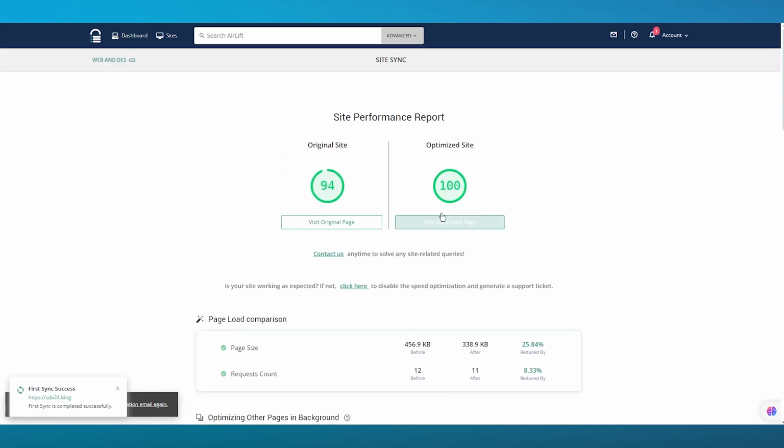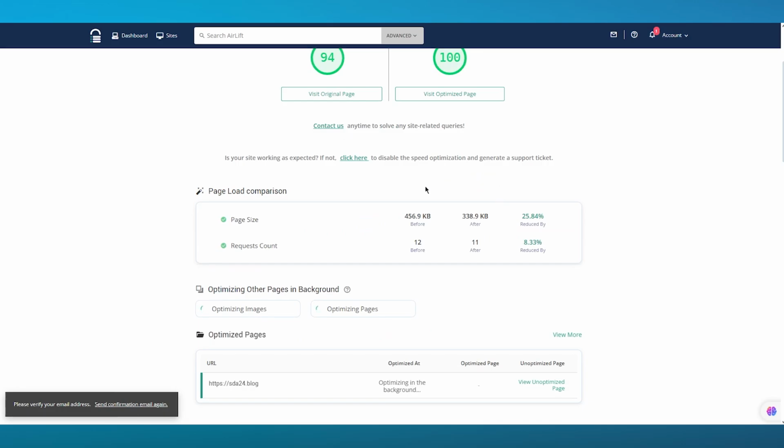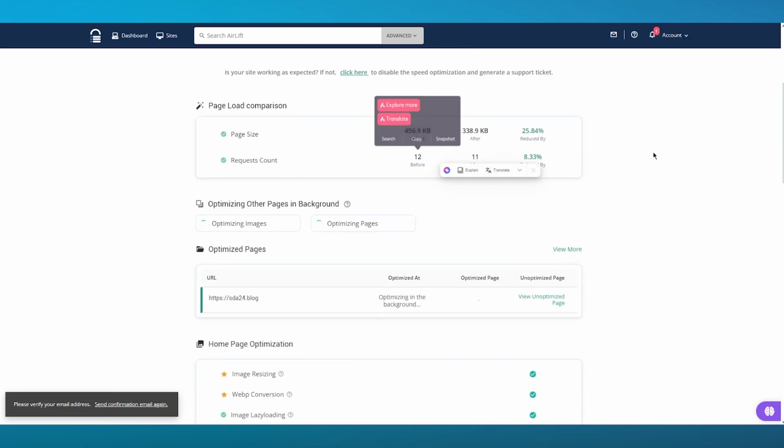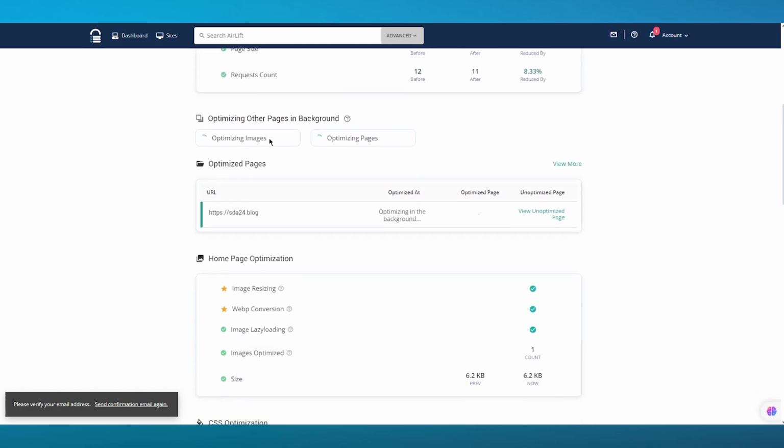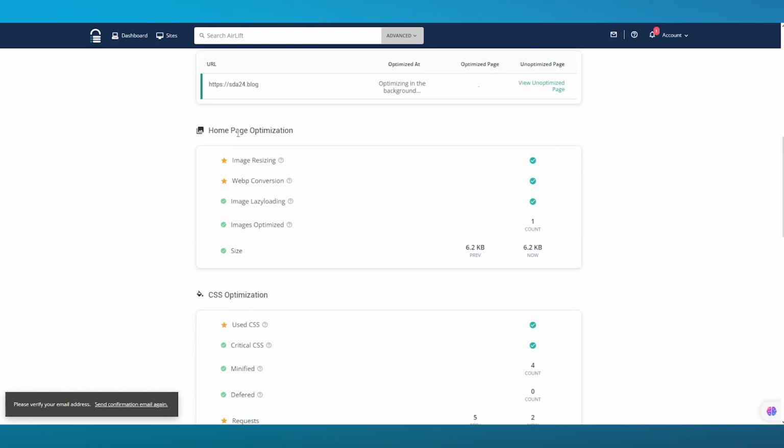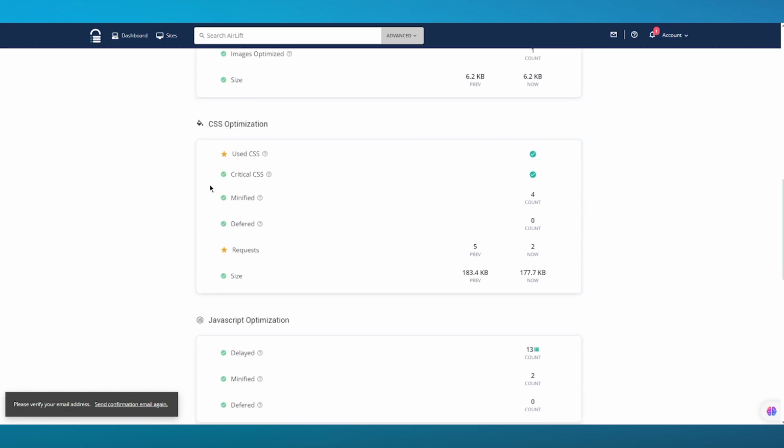Now, as you can see over here, here is your site performance report. Your original website was on a 94. Now your optimized page, as you can see, is much faster. So your page size was decreased, request counts were decreased as well, and it optimizes the individual pages in the background as well, where it's done image resizing, WEBP conversion, image lazy loading optimizations.